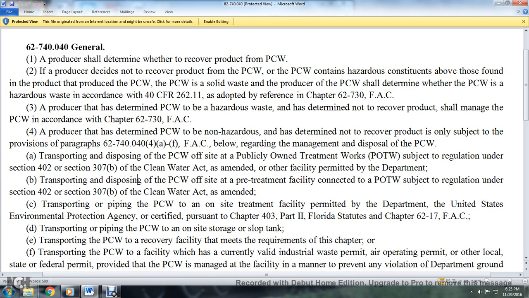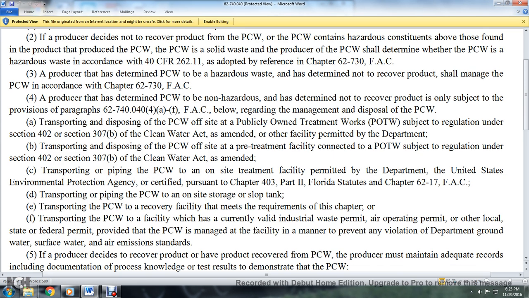Transportation, piping of the petroleum contact water to and out of an on-site storage or slop tank. Transportation of petroleum contact water to a recovery facility must meet the requirements of the chapter on the transportation of petroleum contact water, to facilities with a currently valid industrial waste and air operating permit and other local, state, and federal permits, provided the petroleum contact water is managed at the facility in a manner to prevent violations of